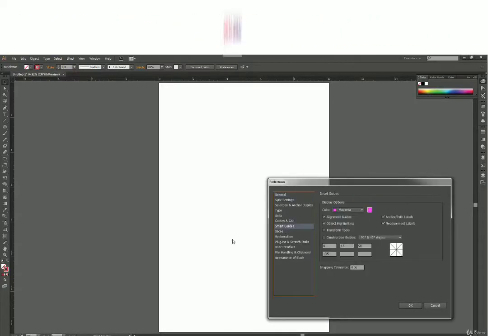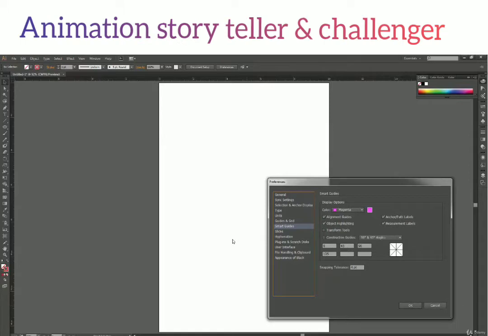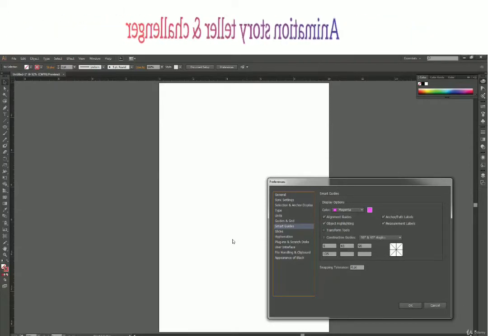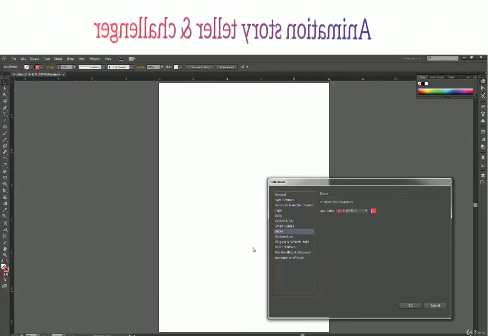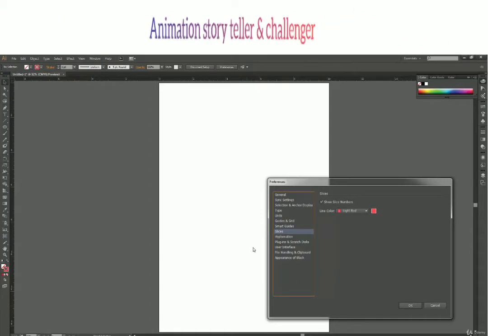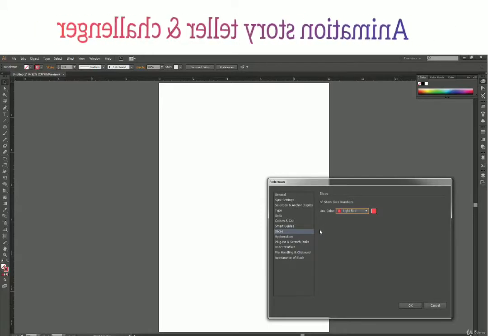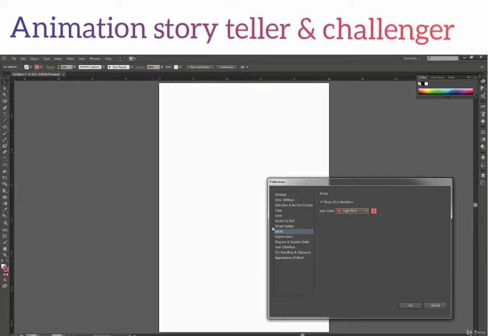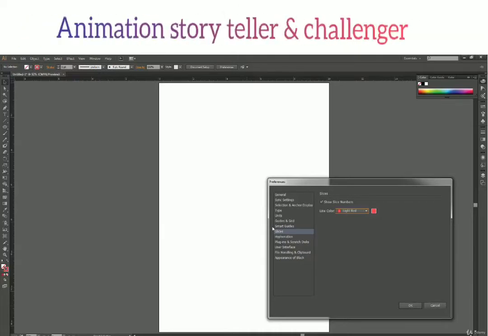Now let's go to the next preference, which is smart guides. Now smart guides again we will cover when we actually learn how to transform things. At that time we will cover smart guides. So now slices, you actually create slices when you create some web designs or when you create some web layout. So there you divide your web layout into slices. So it's just saying the color for the slices should be red and show slice number. So these are the only two settings we have. Right now we don't have any web layout with us, and it will make much more sense when we cover something in web and then talk about slices rather than just talking right now.